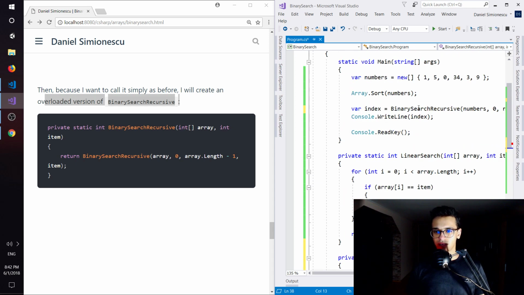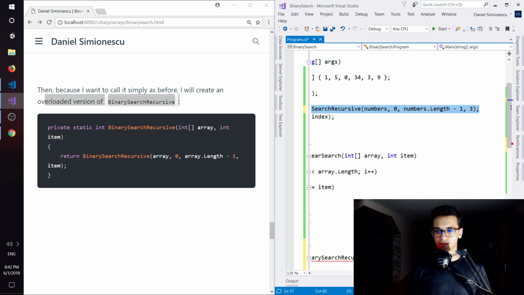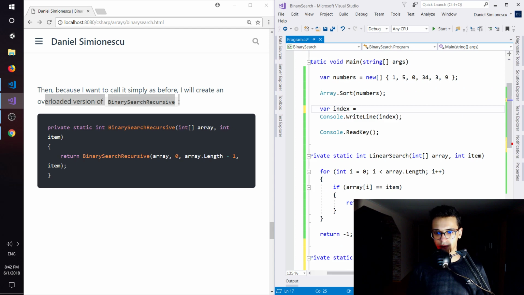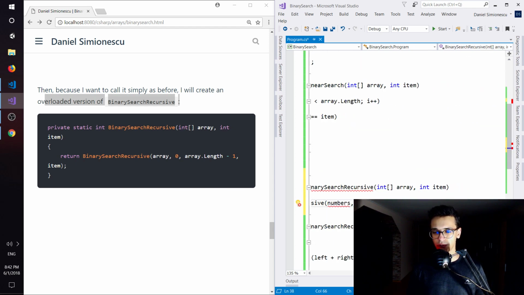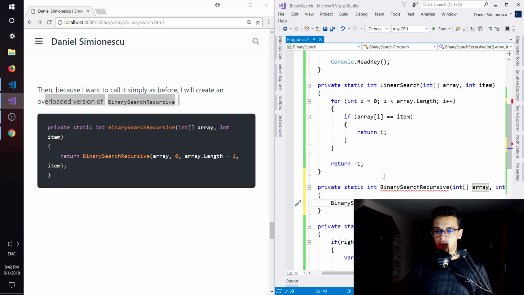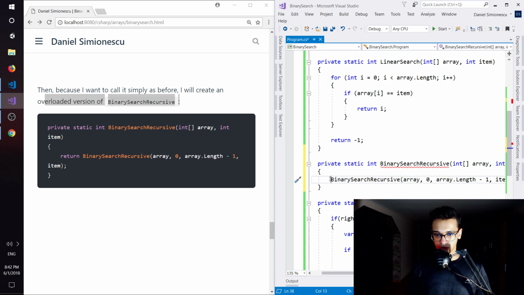And I'm going to get this one from here. So cut this one, paste this one here. And instead of 3, we don't just check 3, we check the item. So this has to be generic. And instead of numbers, we are passing array, so we can search on an array in general. And this one has to be returned, so we have to return that value. So you can see we have no errors